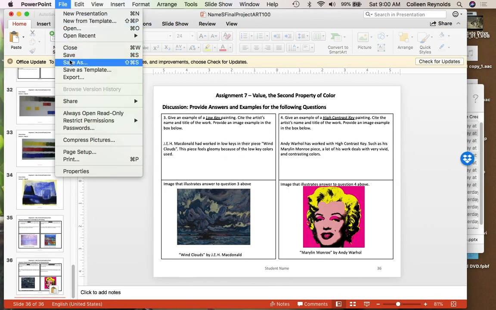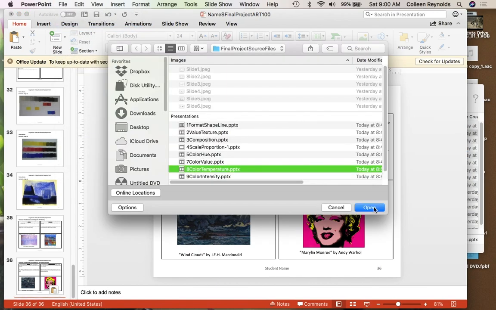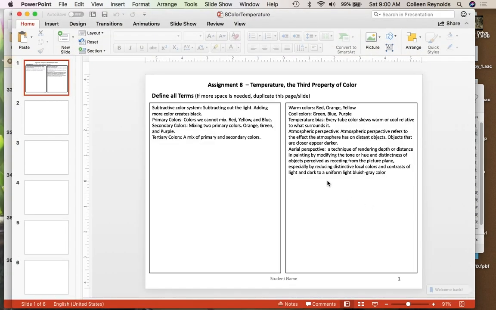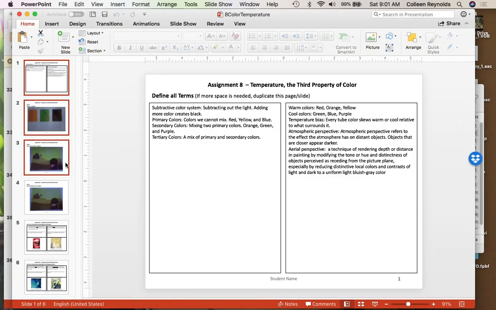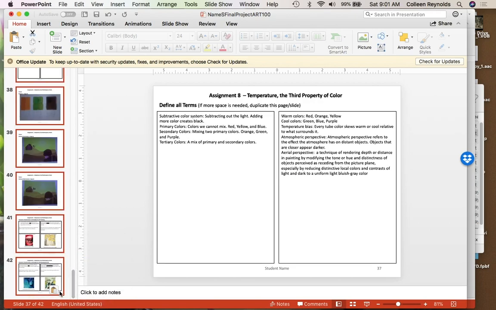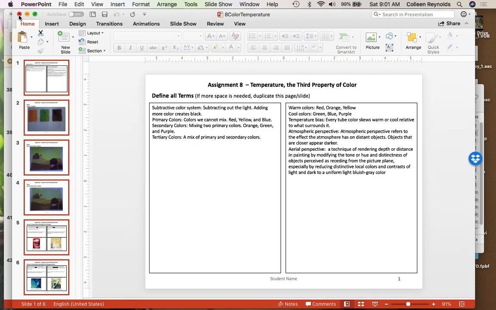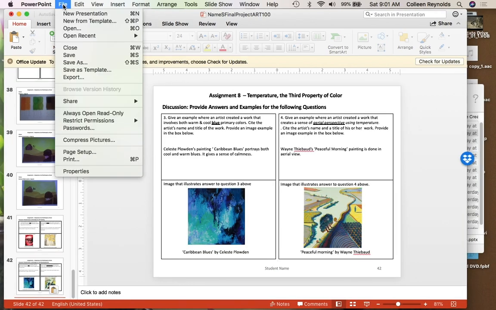So I'm in assignment 7, so the next one will be assignment 8. Select all the slides, make sure I'm all the way scrolled down, right click, copy, go back to the source file, or the final project file, right click, paste. Click at the bottom, go back to the individual file, close that out, open up the next one,